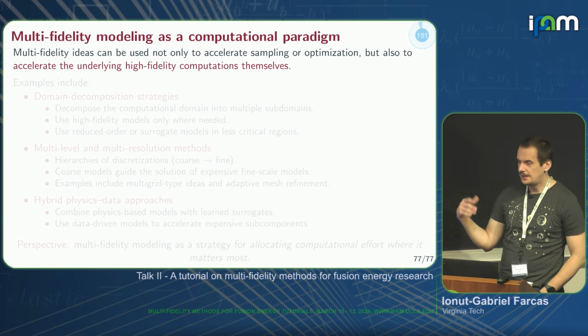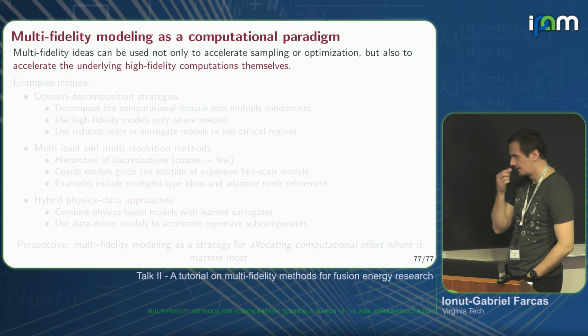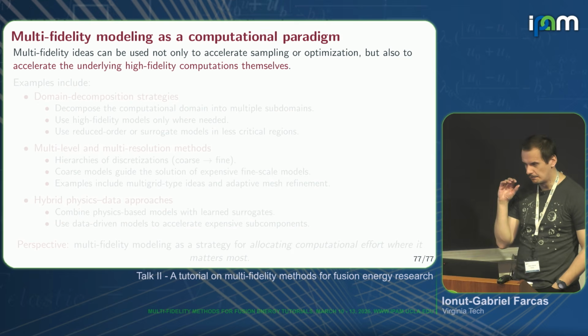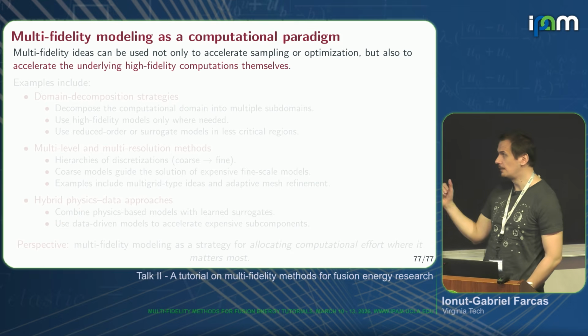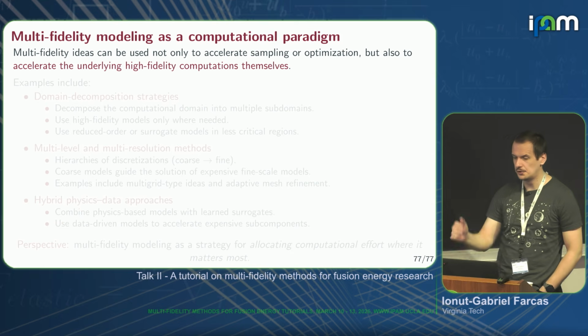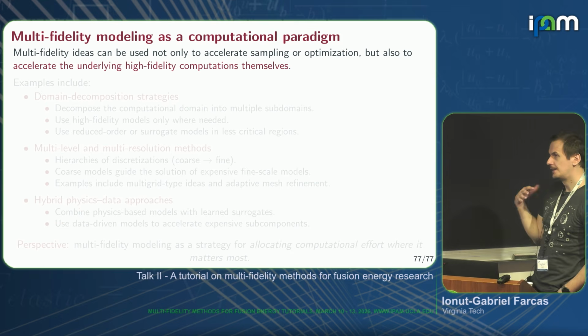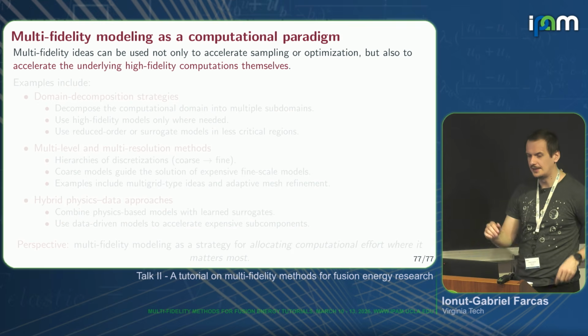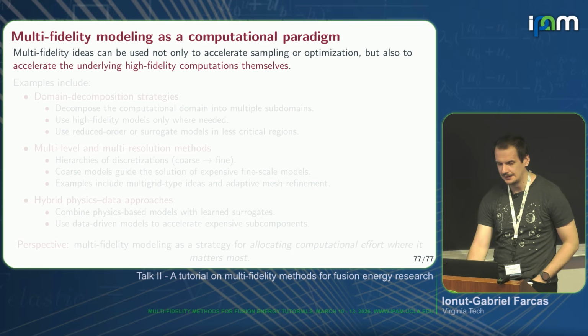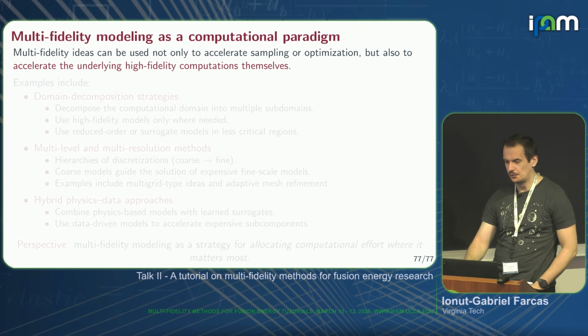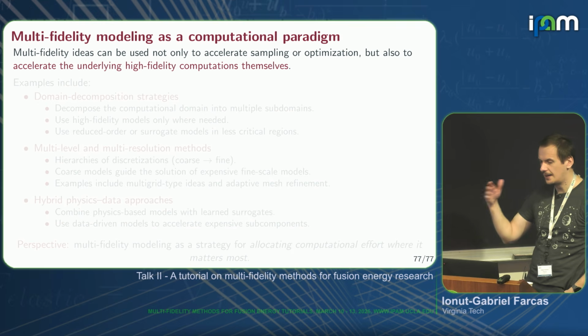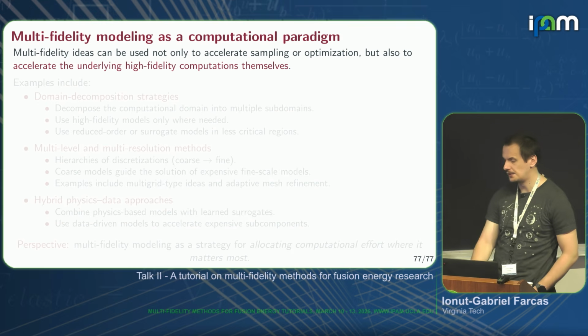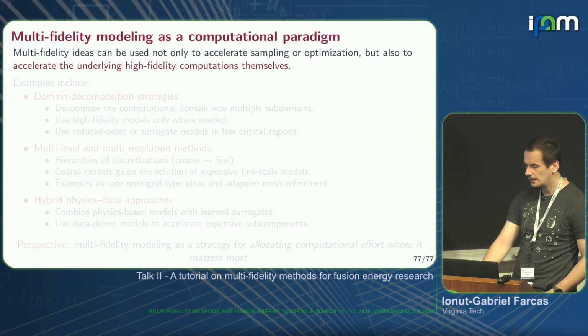And lastly, to reiterate what I discussed on Monday, we mostly talked about multi-fidelity methods for outer loop applications, and they can be extremely useful there. But we're not restricted to using multi-fidelity methods and modeling just for that. They can also be used to accelerate the underlying high-fidelity computations themselves, for example, which sometimes can be